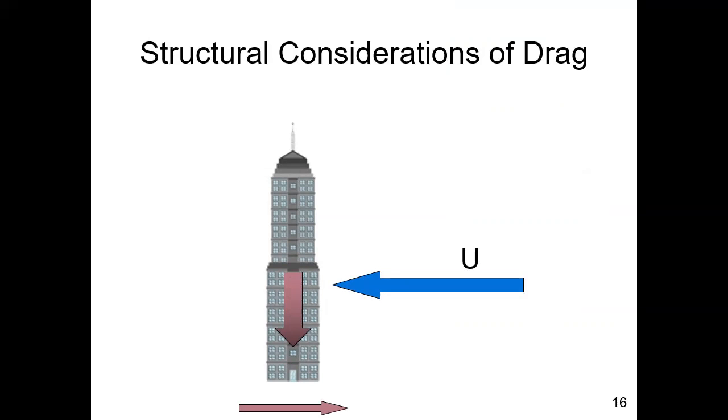That's also a foundation problem because that is going to create a drag force, and the soil is going to give an equal and opposite resistance to that drag force. And at the same time, this drag force is creating a moment about the base, and that's also the soil that has to be able to